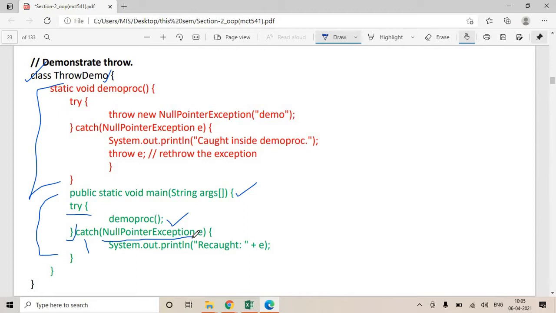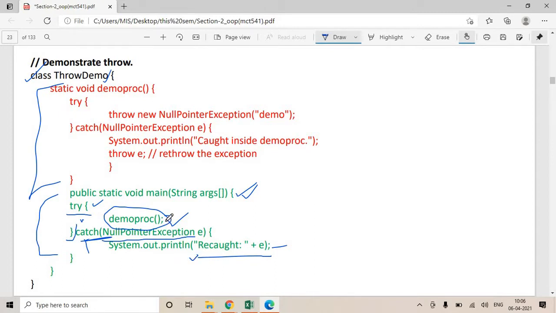If your object still tries to access that memory location, you will get a NullPointerException. If you get a NullPointerException, you print this message. So inside try you have given a call to demoproc, and the corresponding catch accepts NullPointerException, and upon accepting the exception object, it prints this message.